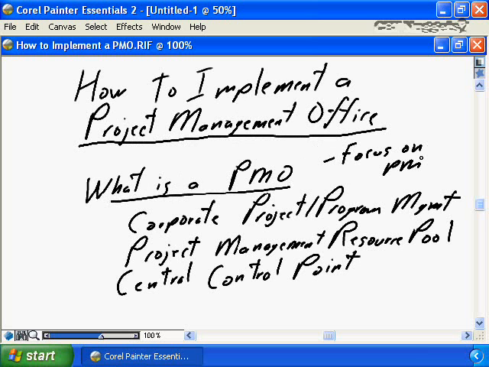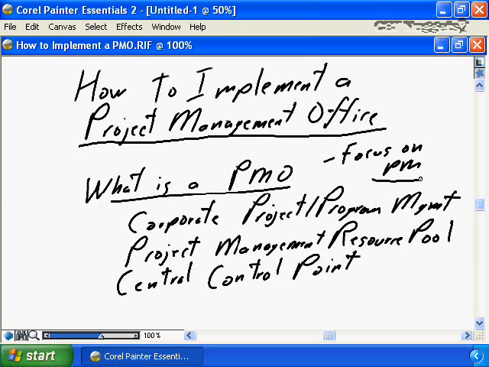It's an organizational unit focused on project management. That's about as fine a definition as we can get of what a PMO is. PMOs sometimes report right into the senior management at the top of the house. PMOs sometimes report into the IT organization. There are occasions where PMOs report into business units. So as fine a definition as we're going to be able to give you is it's an organizational unit that